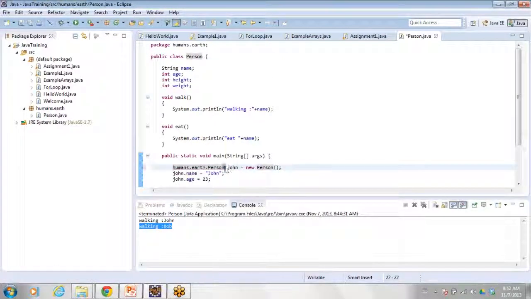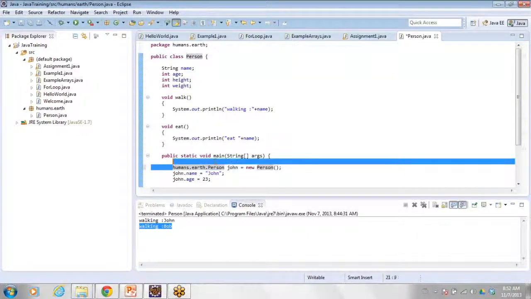So this is the qualified name for this class person. If you say a class name, it includes the package name plus class name. So this is what we call the fully qualified class name. Class name is person and its fully qualified name is package name dot person.